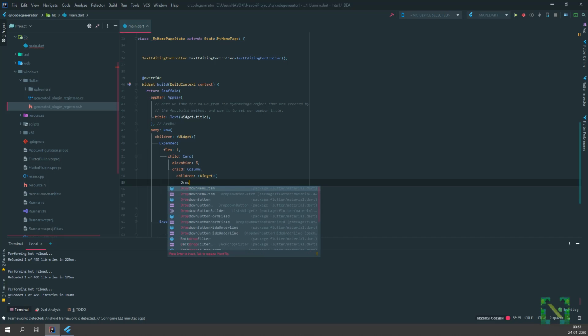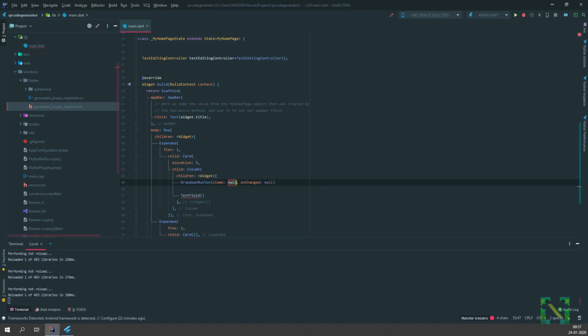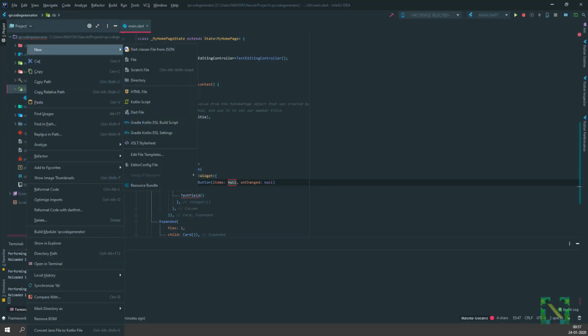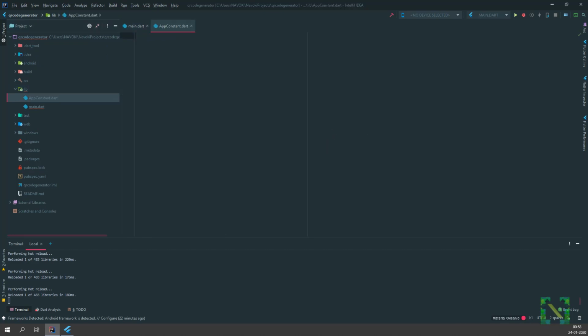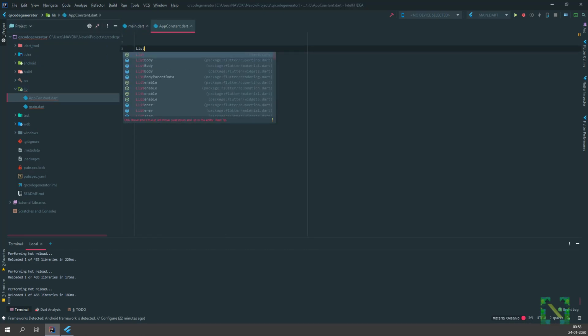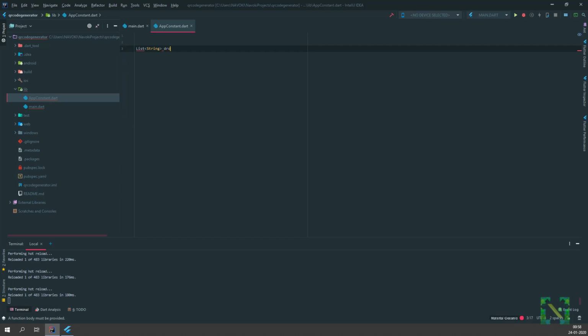Here we will add the dropdown widget. There will be two options, text and phone. So I will put these two options in a list in an app constants dart file. You can add multiple options here and that will be reflected in the dropdown. These options are used to mention the type of the QR code we want to generate.